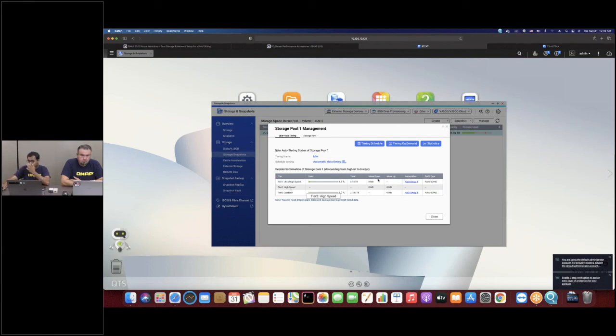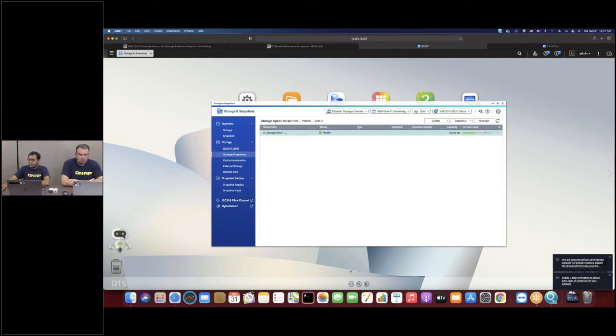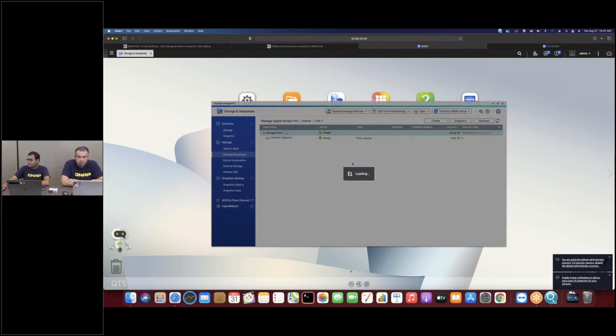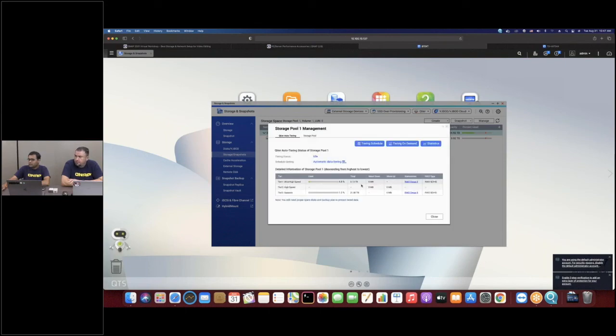Right here, I have a RAID 5 consisting of 3 SSD drives. Each of them is a 1.75 terabyte Seagate IronWolf drive, so about 2 terabytes, and it's on my QTier. My capacity for the SSDs is 3 terabytes, and the capacity for my hard drives is about 21 or 22 terabytes. So let's say you're working on a video editing project,